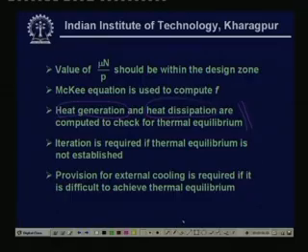Next, the provision for external cooling is required if it is difficult to achieve thermal equilibrium. In certain cases, no matter whatever iterations you perform, it will be very difficult to obtain thermal equilibrium. So, in those cases external cooling devices are always recommended. So, this is the brief idea of the bearing design by the first method. Now,